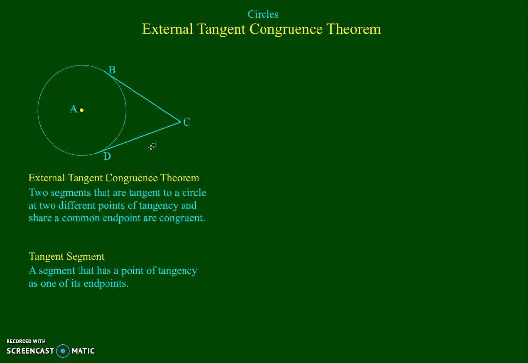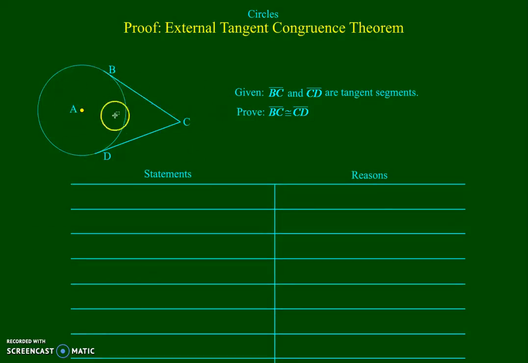Now let's go ahead and look at the proof of this theorem. Here we're given a circle, and BC and CD are tangent segments. We need to prove that segment BC is congruent to CD. The general strategy here is we're going to create some auxiliary segments in here, and we're going to create two